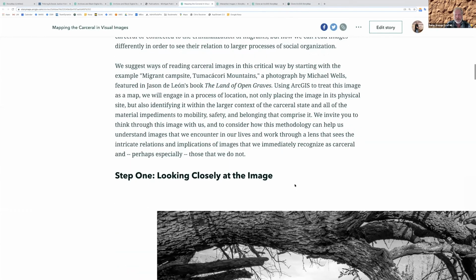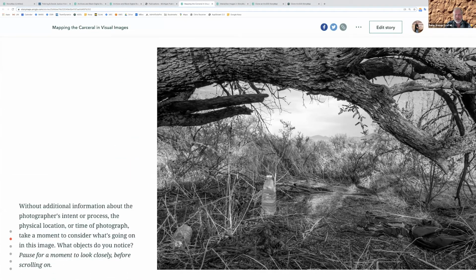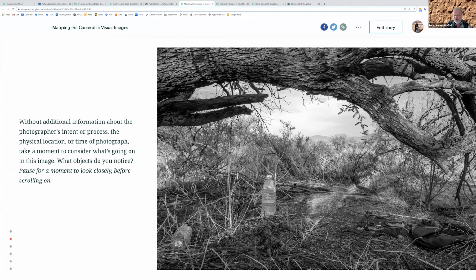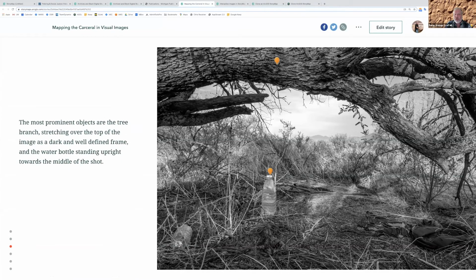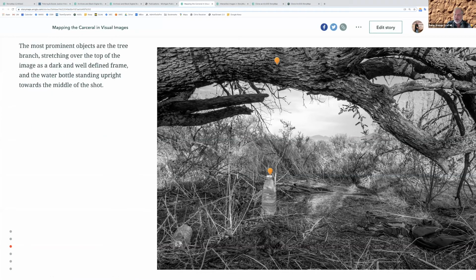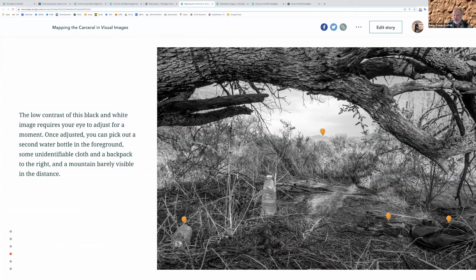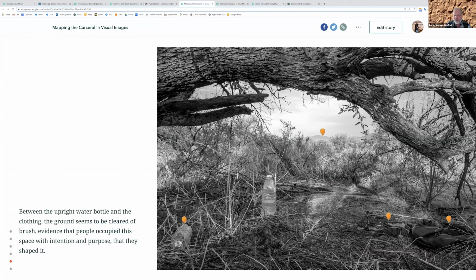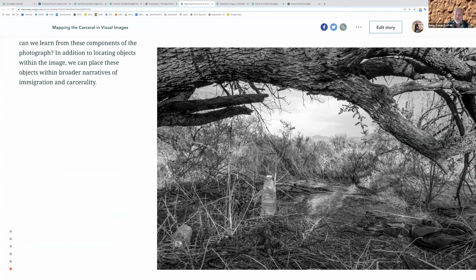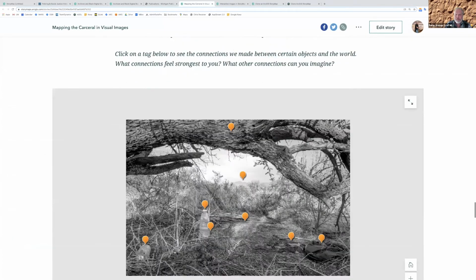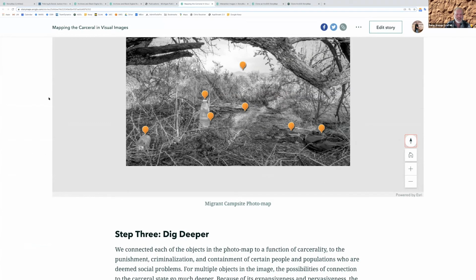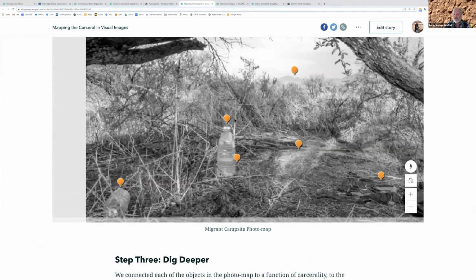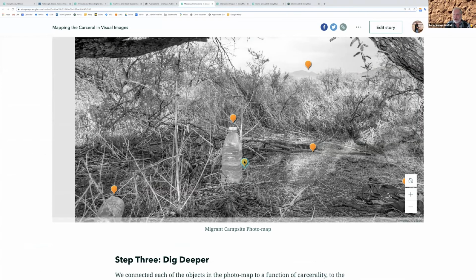I'm going to skip over most of the steps, but they get to a point here where they ask the reader to consider the story that's told by this photo and some of the objects that are in the photo. And then they start walking the reader through some observations about the materials that are represented in this particular photo. And after they've given the narrative view of it, interestingly, they also give the reader an opportunity to explore and pan. There we go. Give the reader an opportunity to pan and zoom around the photo